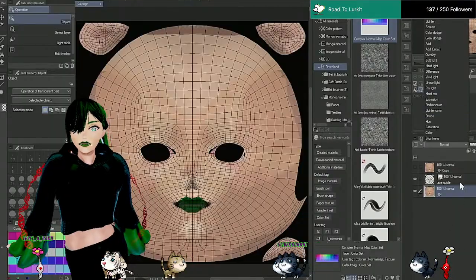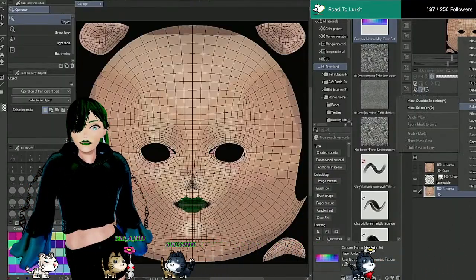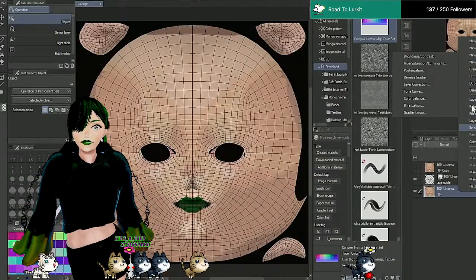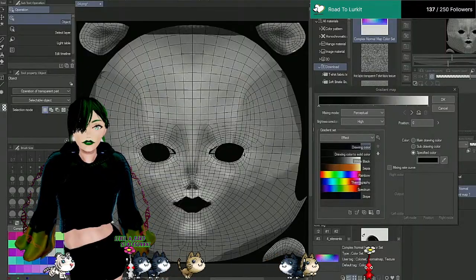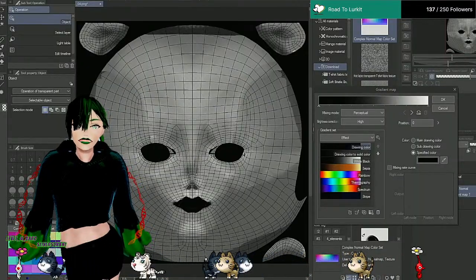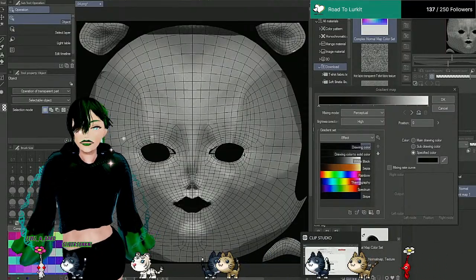Now, if only I could just grab that color map and put it on this one, but that would probably not save me too much time, honestly. New correction layer gradient. Same. Okay, so one of the cool things about VRoid Studio is